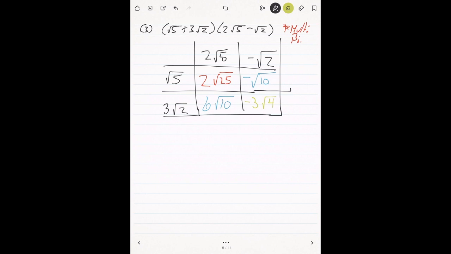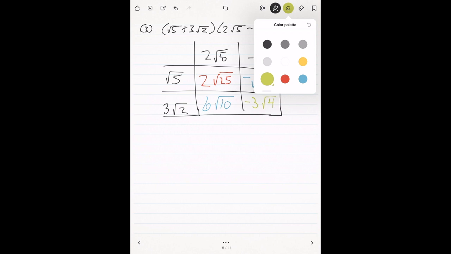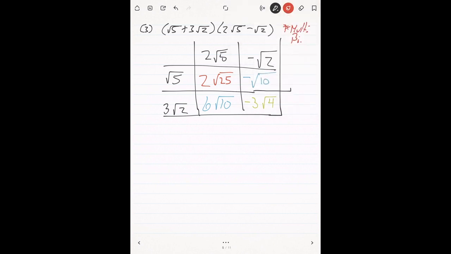Pause the video, take a minute, make sure that you're able to see how each of these quantities were multiplied together. What we're going to do now is go through and actually try to simplify down any of these radicals that can be broken down further. The first one I see is right here. The square root of 25, that can break down, right? So let's say that the square root of 25 is really